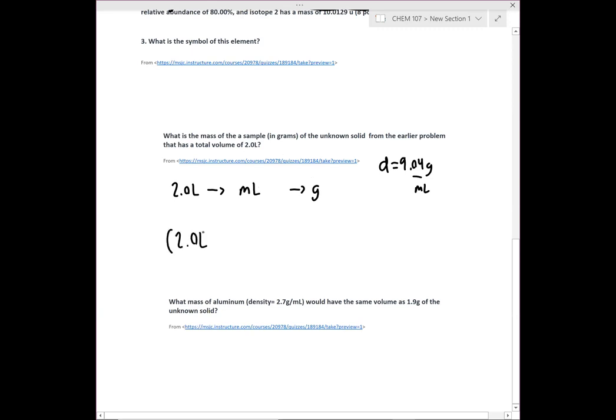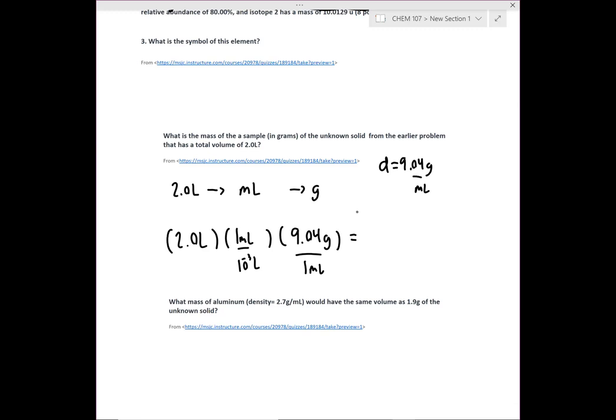If I have 2.0 liters, I know in 1 milliliter, I have 10 to the negative third liter. Additionally, from my density, I know I have 9.04 grams of sample for every 1 milliliter of sample. So that in turn gives us 2.0 times 1,000 times 9.04, and that gives us a final mass of